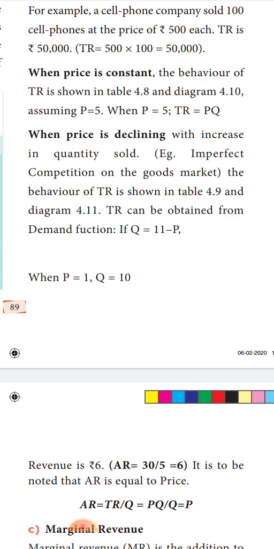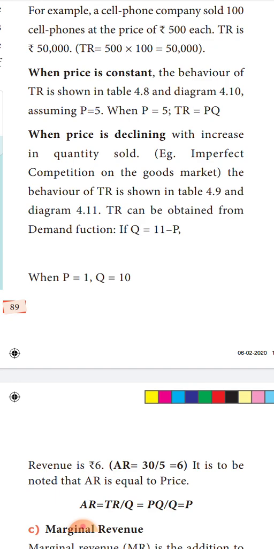Where people buy 1 kg, they will buy 1.5 kgs, or they will buy 2 kg, because the price is falling down. So what will happen when price decreases? Automatically demand increases. When demand increases, initially you will be able to sell more units of commodities. Now let us see the nature of the total revenue curve